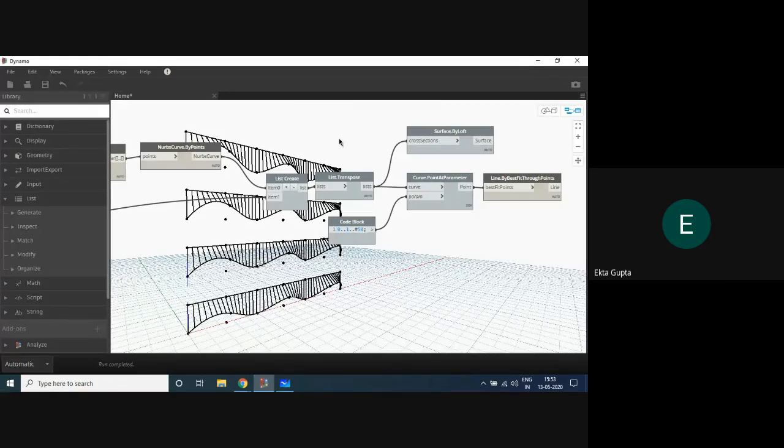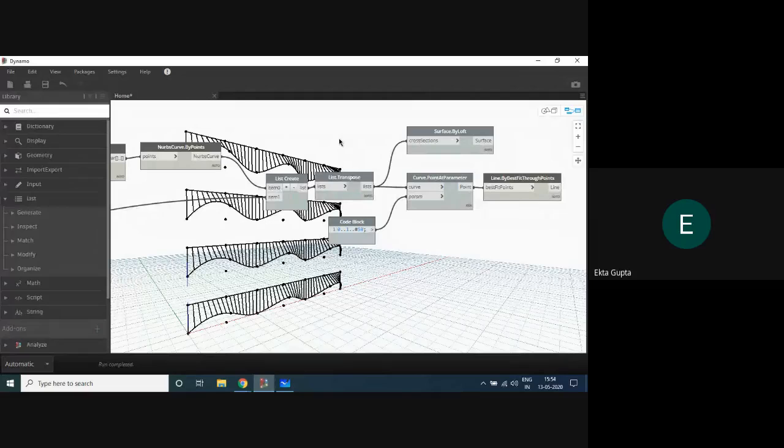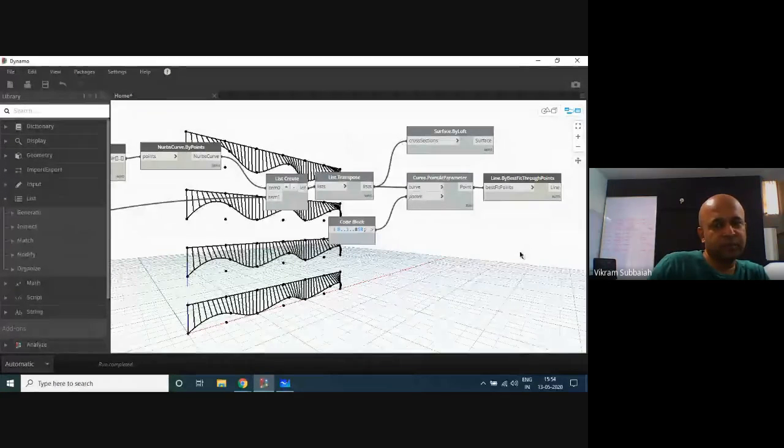You need a lot more time, Ekta, and you'll need to practice this a lot more, because otherwise there's no point in me making this seem like a very complicated thing for you all. It is a simple concept, but unless you practice, it's going to feel very complicated. So you'll start doing that, and since Shivani is here, we'll start looking at something more related to design, fabrication, analytical software, and things like that. We'll see if we can tie that up with little Dynamo exercises required here and there.